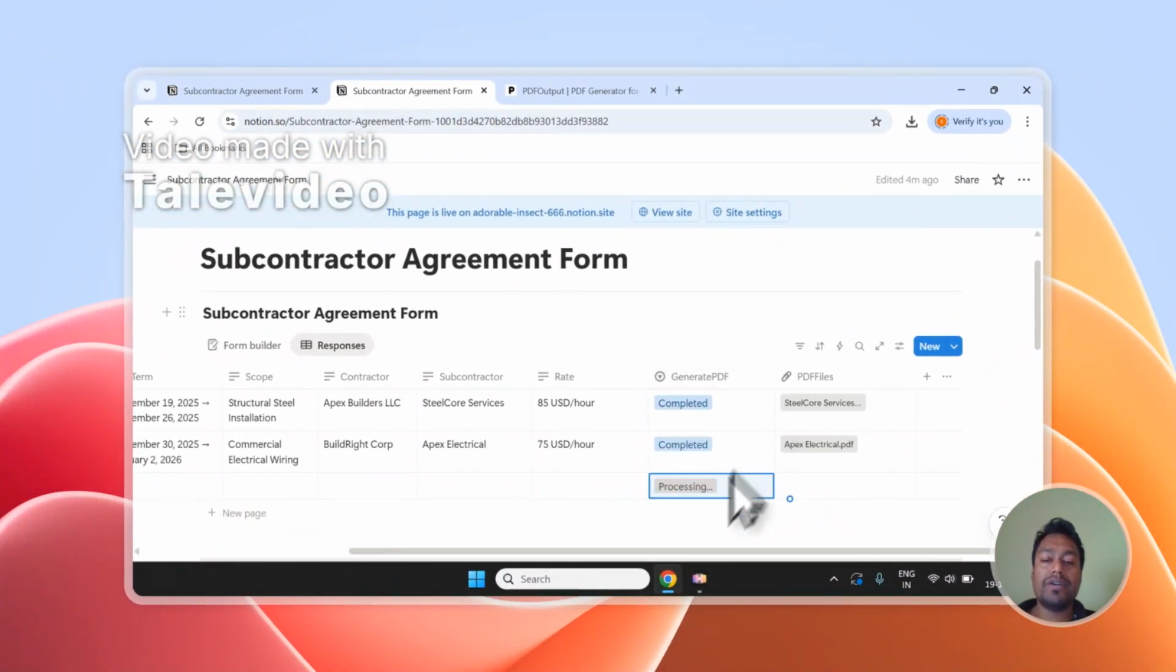Okay. So you can see it has started processing this document as we were demoing this exact document, and it will be converted to PDF right over here. This is how powerful